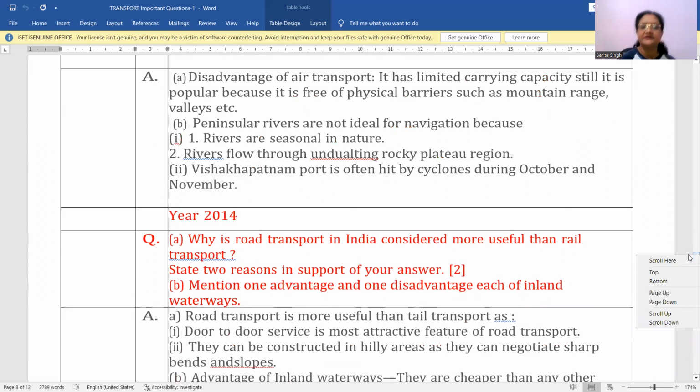Why is road transport in India considered more useful than rail transport? Two reasons in support of your answer. All this we have discussed, right? Then